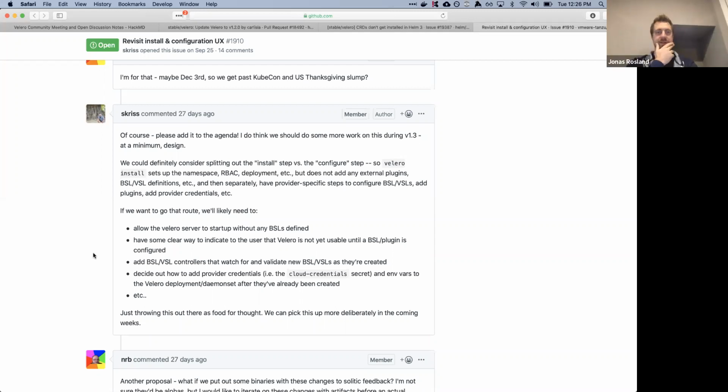But I have a question. If we split up install and configure, and I think we discussed this at a previous community call, it makes it easier for people to install it and just have it installed, and then they can configure. As you said, it might be different people with different permissions, right?